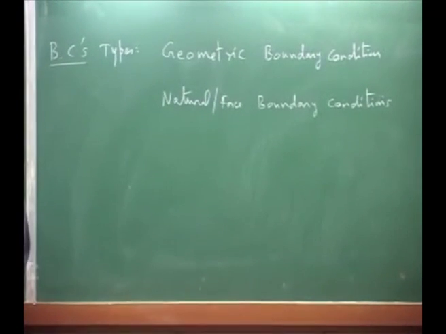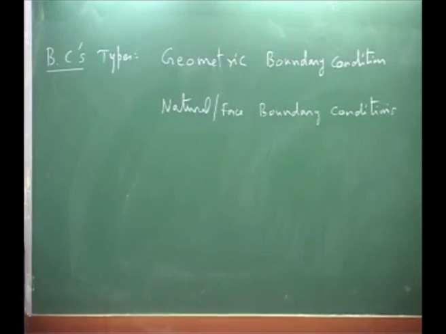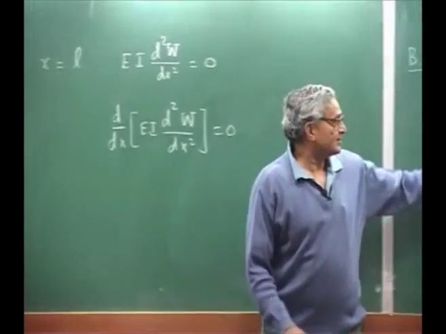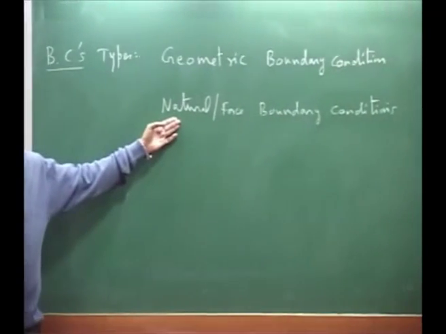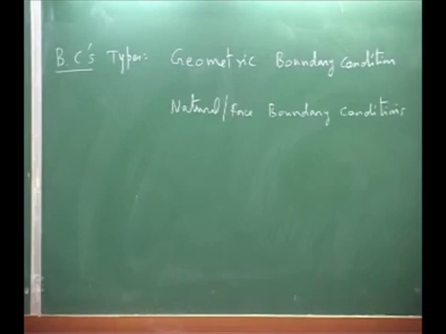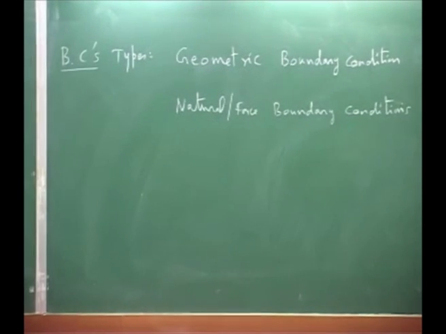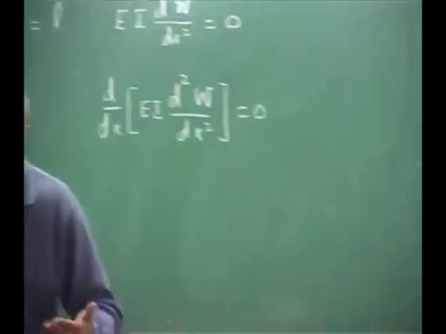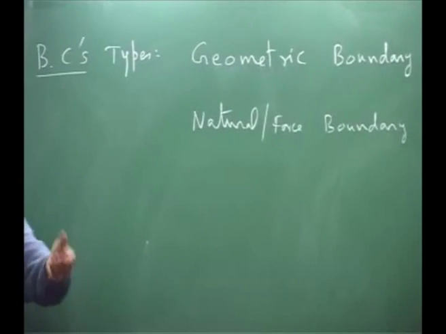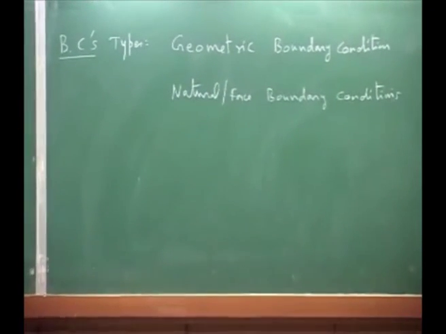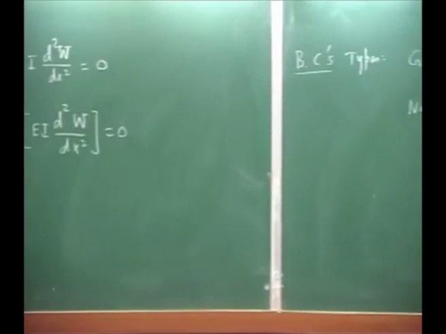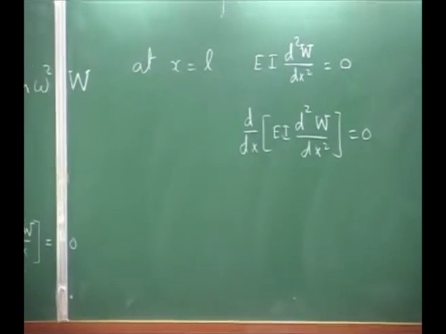Again, it depends on the type of problem you are dealing with. In the current case, all the boundary conditions are natural, force type. Whereas if you have a fixity, like a cantilever beam where one end is fixed, or if it is simply supported, those may provide geometric boundary conditions, in which basically displacement and slope are specified. That's why again the boundary conditions are split, and if you look at the highest order of the differentiation in the boundary condition,